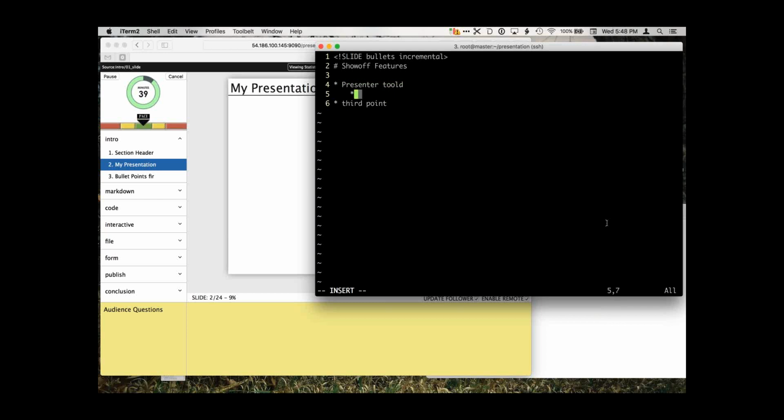Markdown requires 3 or more spaces. I don't know why that is. It's just one thing: audience interaction, nifty widget.